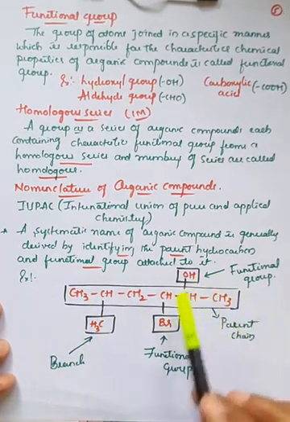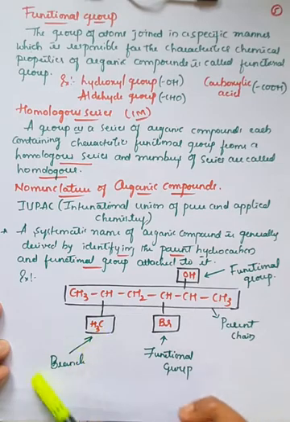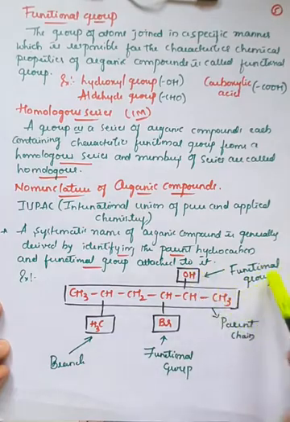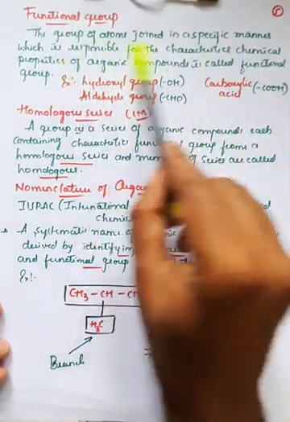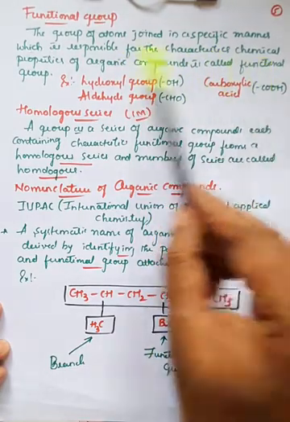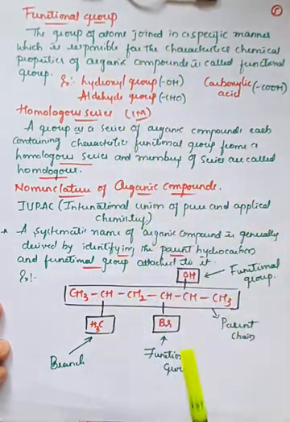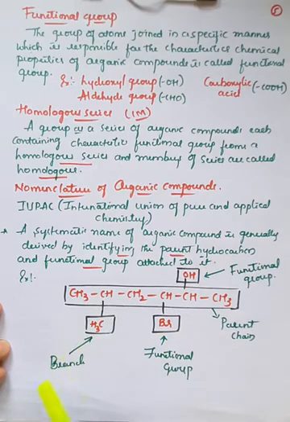The connections bonded here, if bonded with aliphatic groups, are generally called branch chains, or branchings. Bromine acts as a functional group and OH also acts as a functional group, because these are specific groups of atoms joined in a specific manner, which are responsible for the chemical properties of the organic compound. The CH3 group acts as a branching for this main chain. This is a parent chain, or main chain, and a branching at a particular position is called a branching.